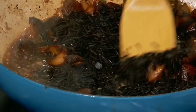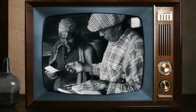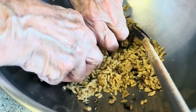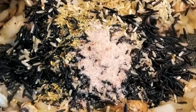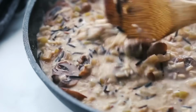It's a highly nutritious aquatic grain native to North America. Indigenous tribes harvested it for centuries, and by the mid-20th century, it had found its way into everyday cooking. Though slightly more expensive than white rice, its nutty flavor and chewy texture made it worth the price. Combined with mushrooms, one of the most affordable and widely available vegetables, this dish was both economical and deeply flavorful. A creamy sauce, often made with milk, butter, and a touch of sherry, tied everything together, creating a casserole that